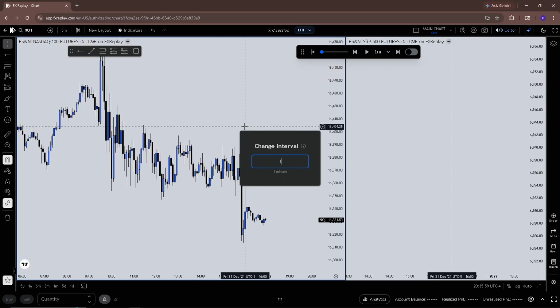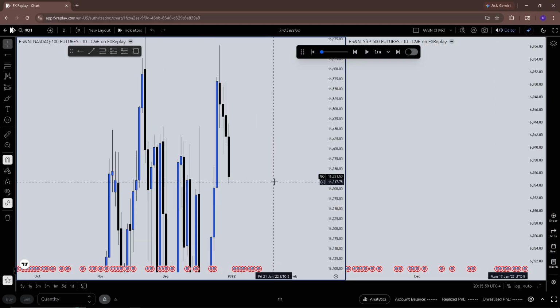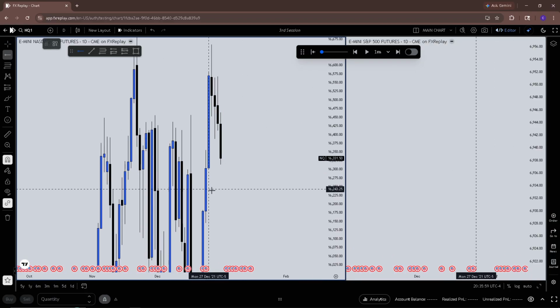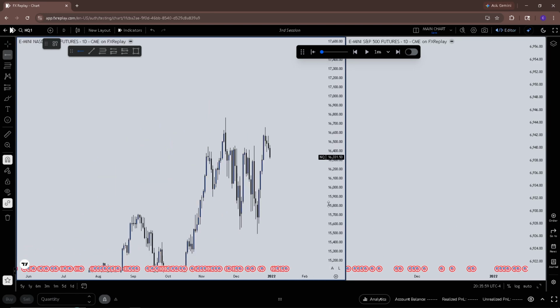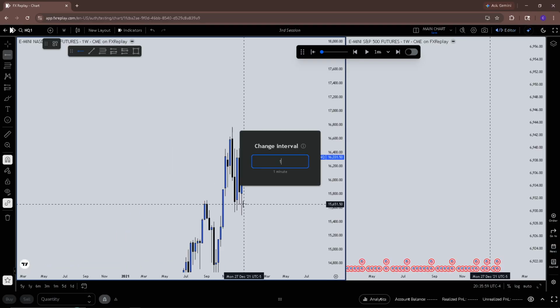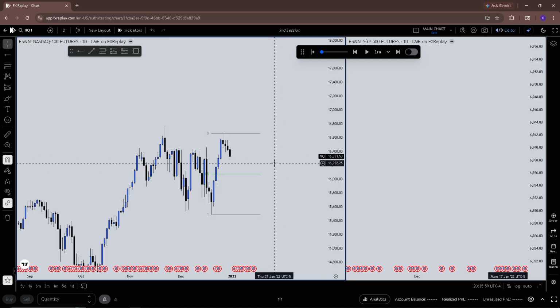Everything stayed. Nice. Alright, so it's the first day of 2022. Right, the daily looks like we are trending lower. We're in a very big premium here. So realistically, I want to see us come all the way down to this midpoint here.